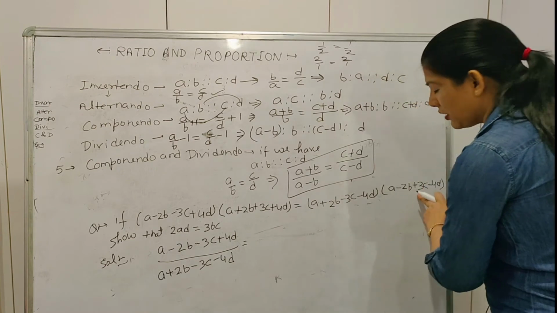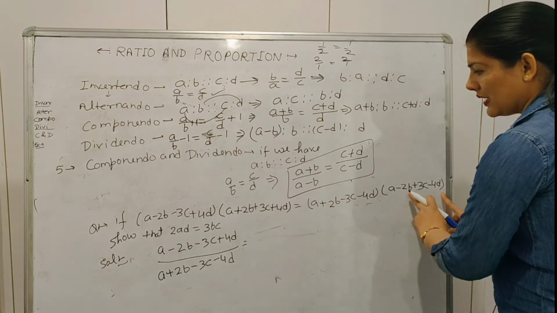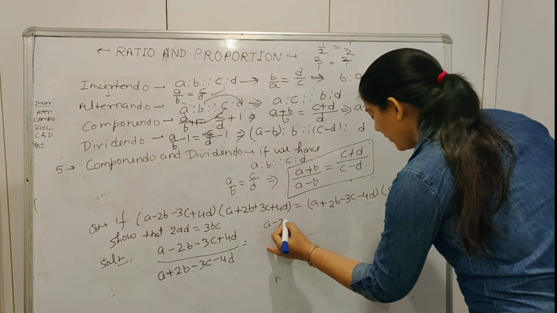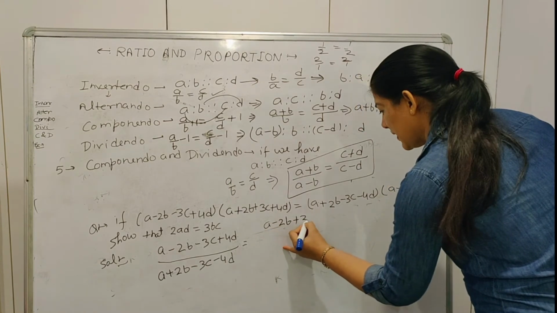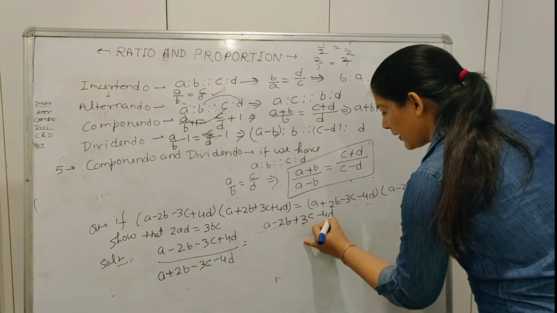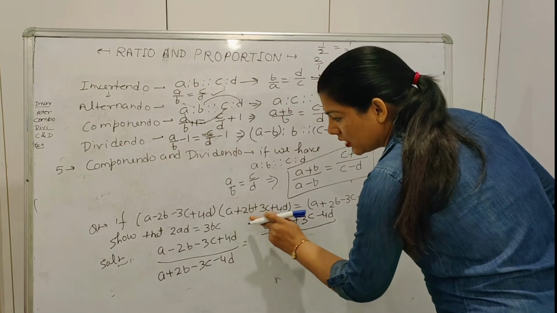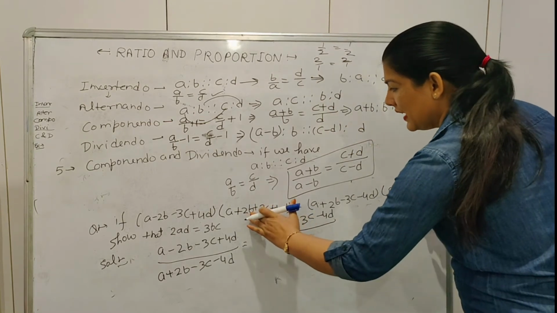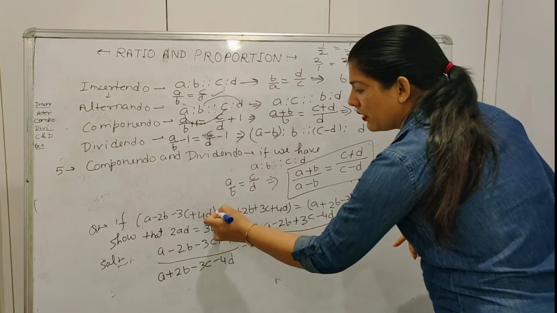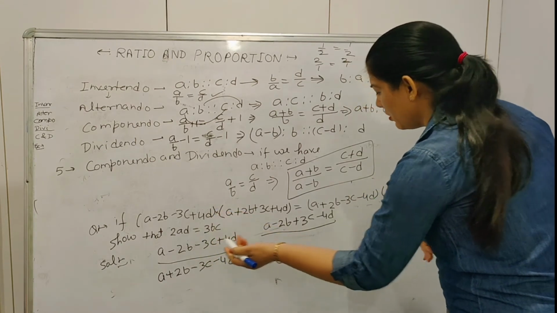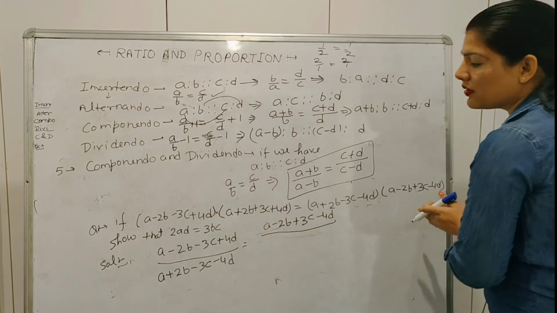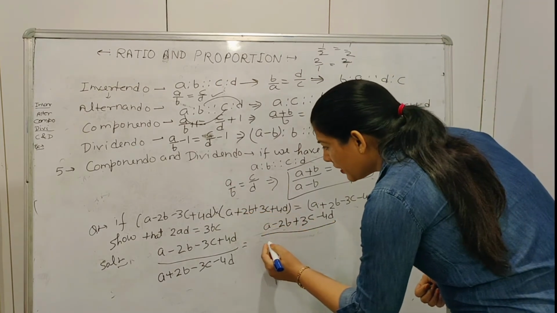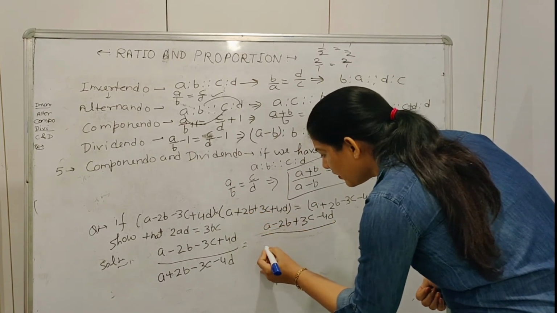Okay. What is left here to the numerator? Here it is left to the numerator. So write it first. A minus 2B plus 3C minus 4D. And take this to the denominator here. Basically, these two were in product, in multiplication, and to the other side of the equal, it will become the denominator, because here it is numerator.